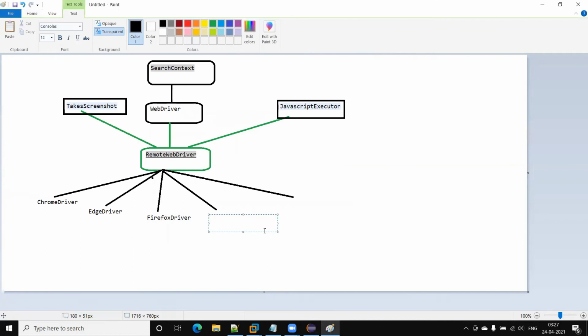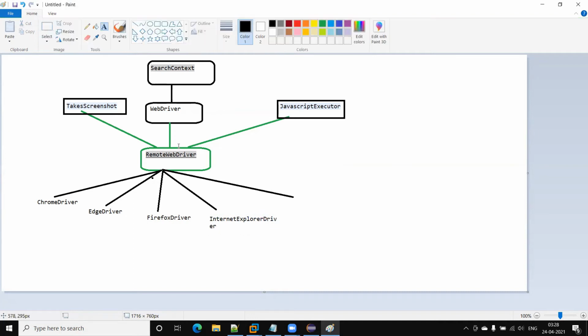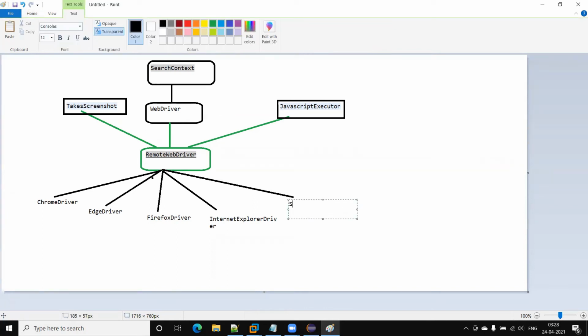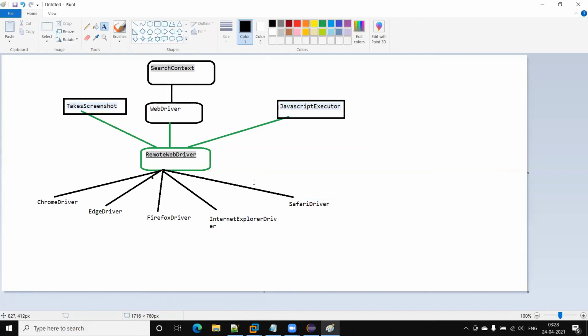Next, here Internet Explorer driver, and there is also Safari. So these driver classes are available, and all these classes extend the remote driver. So these are the classes.